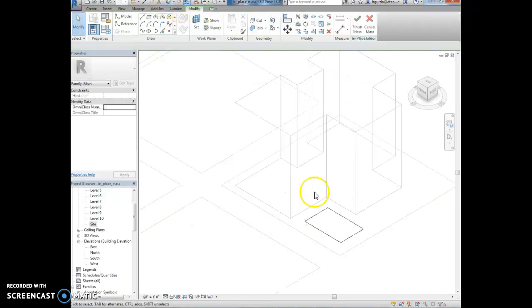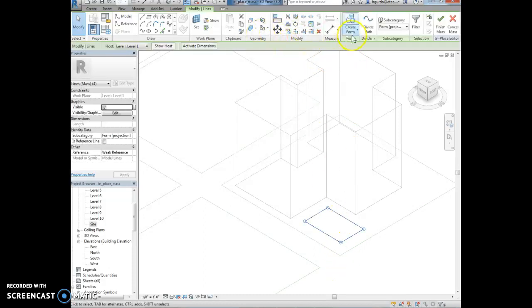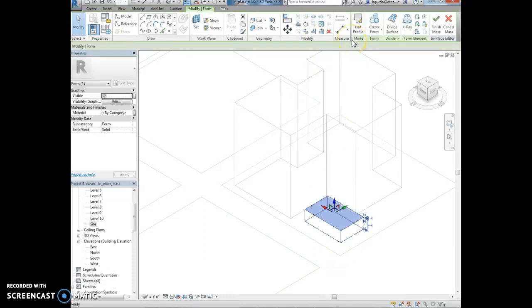We're going to go back to 3D. It's a little bit easier to do this in 3D. We're going to click on the boundary, and we're going to do Create Form, a Solid Form. And now we're going to select the blue Z-axis. So this is going to control that height again. And we're going to drag the building up until it reads 70